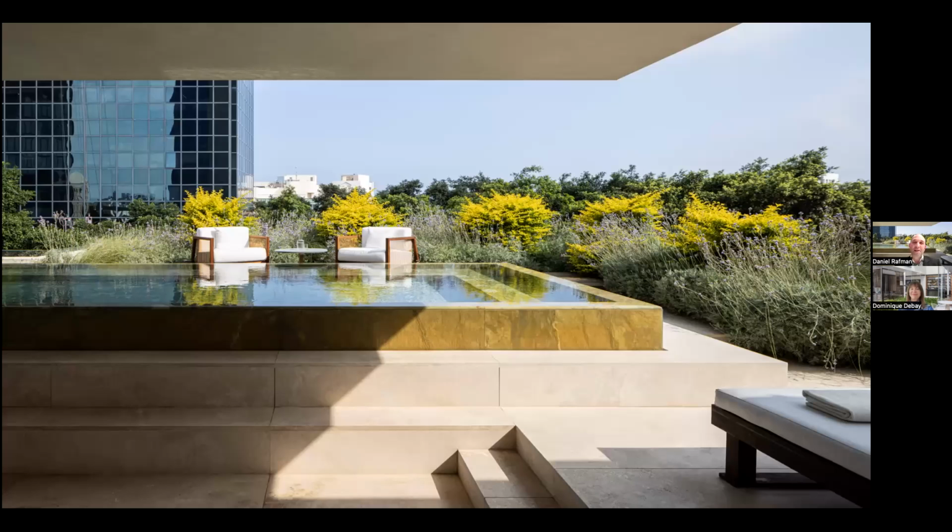And this is where I'm sitting right now, on the rooftop. It's on the 3rd floor. It's for guests only. It's also a place where we can have smaller events if there are guests asking to make events while they're staying with us. Up here, of course, there's also service of